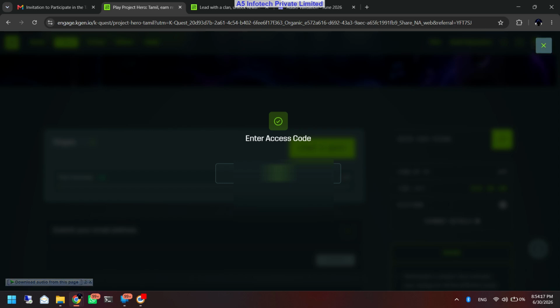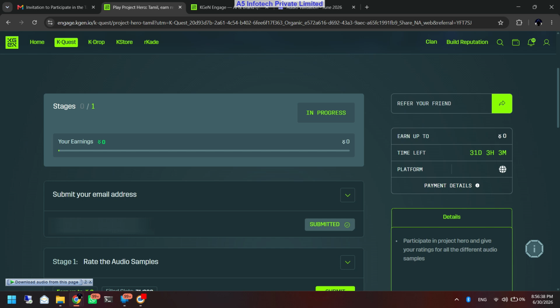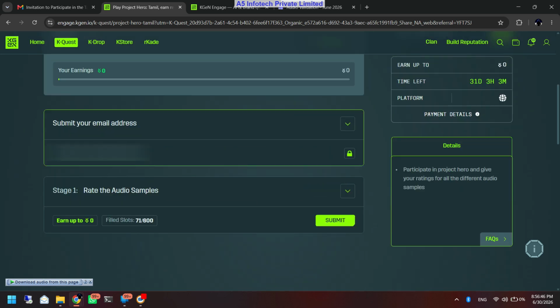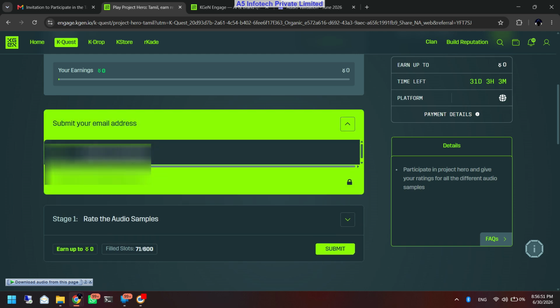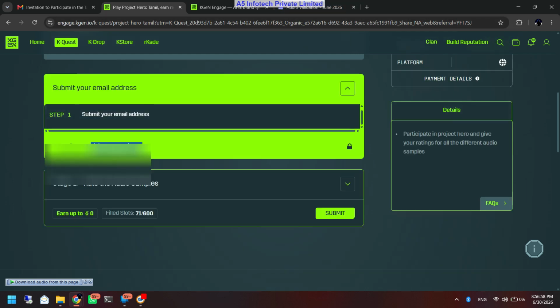Okay, so now you need to click this close button and you need to scan this QR code using your phone. Okay, so once you have scanned, it will change to in progress. Okay, and then you need to click on this drop down menu and you need to submit your email ID. You need to fill the email ID same which you have filled in the form. Okay, then next one, rate the audio sample. Okay, now click submit